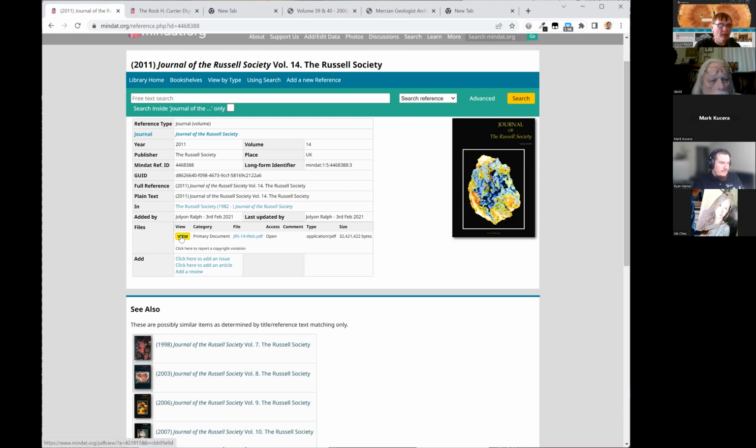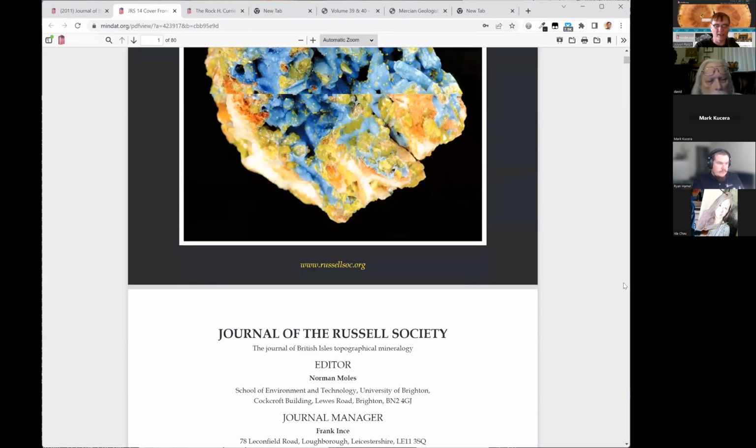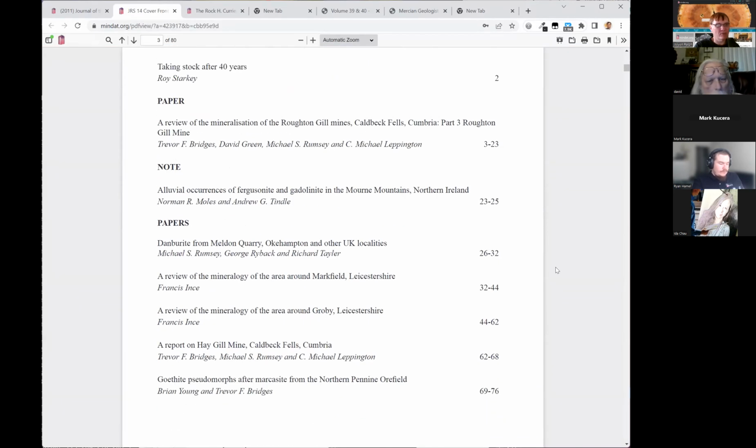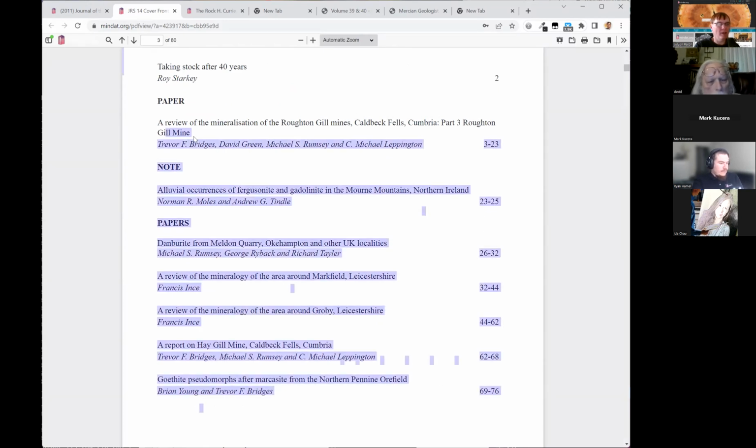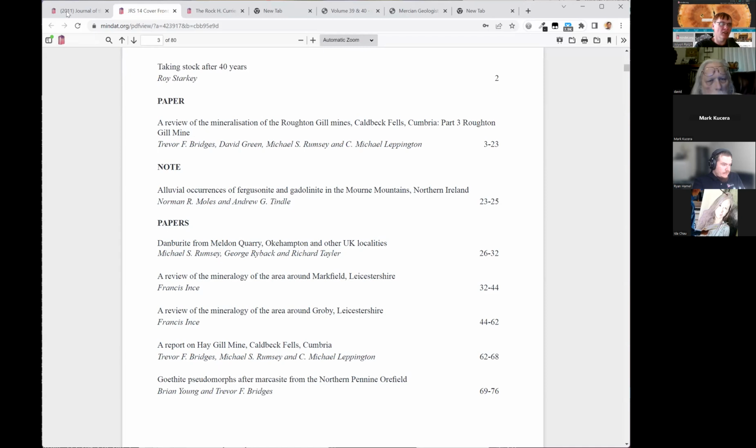Alternatively, if anyone wants to do this and has got time, they can look for a journal, say, aha, there's no articles listed here. I'm going to click view. And this will be a little bit longer because it's a larger PDF. Oh, it's not too bad. Go down to the contents page. Look, here I've got all my articles and I can copy paste each of these and add them as a